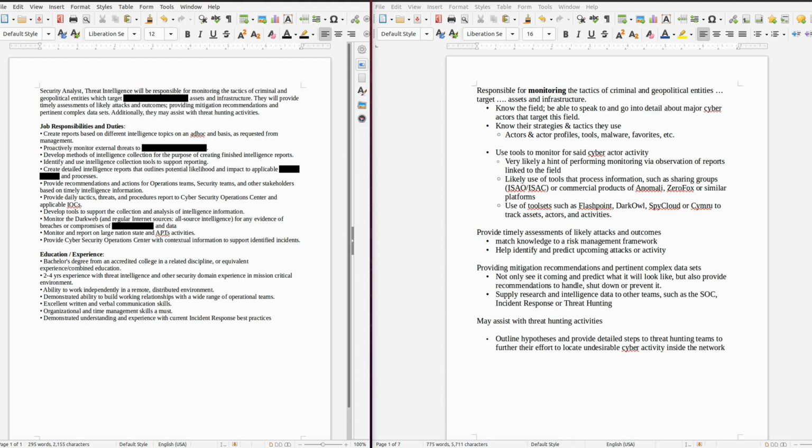Now, this particular job listing is for a fairly good-sized company, though I've obscured their name just to allow them to maintain privacy. In this case, they've got a decent amount of job responsibilities and duties laid out and a few not too bad education and experience breakdowns. Let's go through it, though, step by step. One of the first things I want to say is this is a very typical, to me,